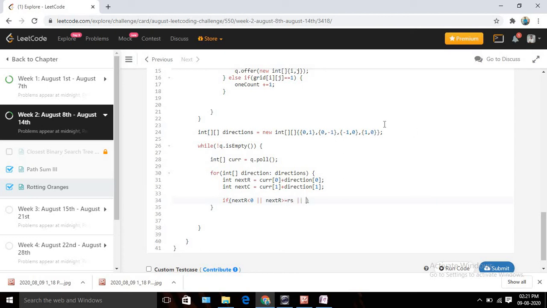And apart from that, our next c should not be less than 0, and our next c should not be greater than or equal to our actual column size, right? And grid next r and next c should not equal 1, right?